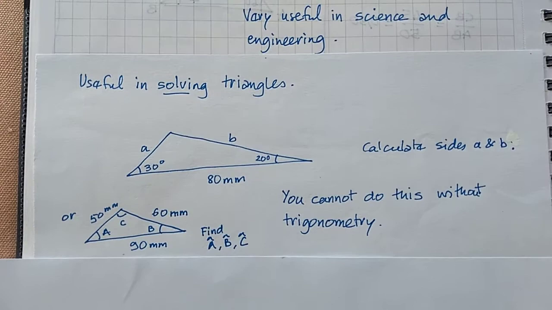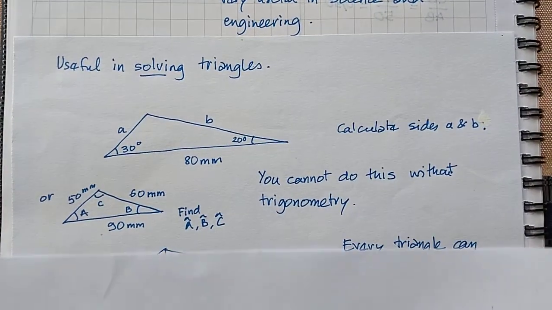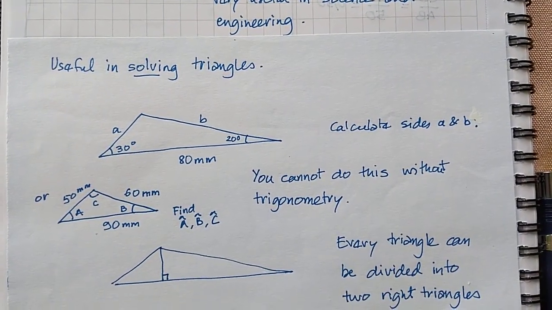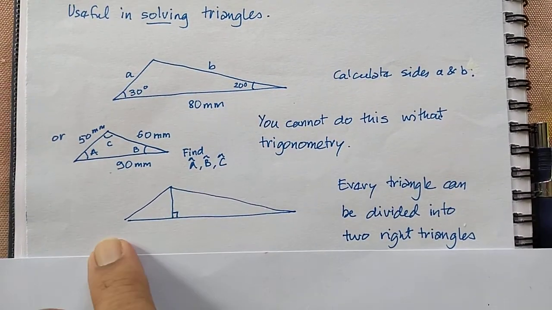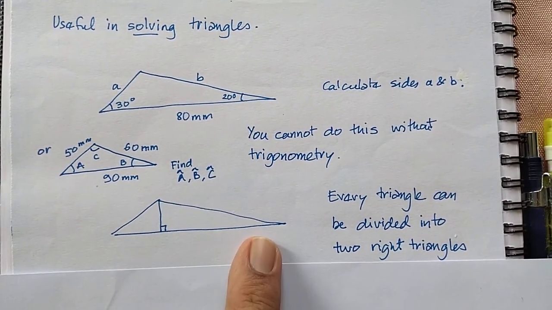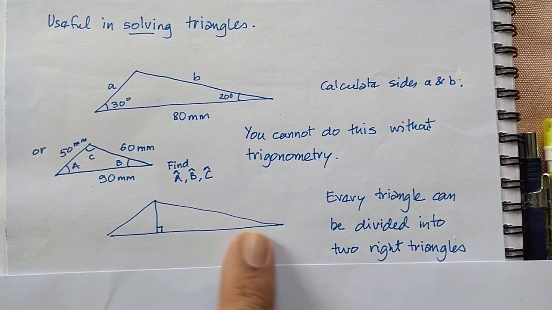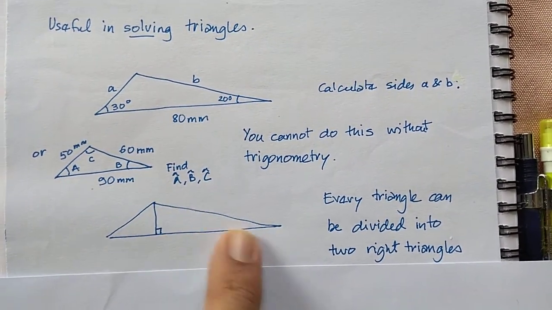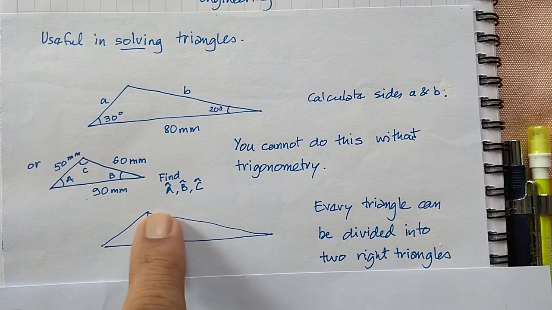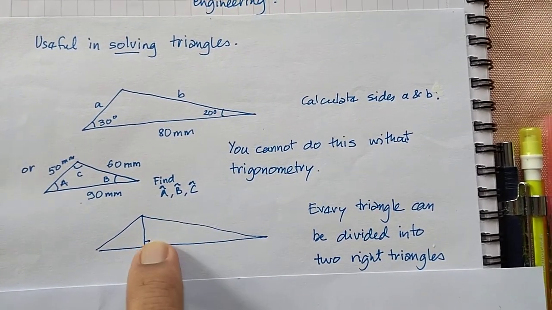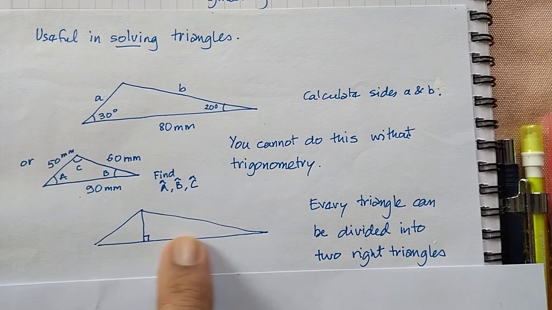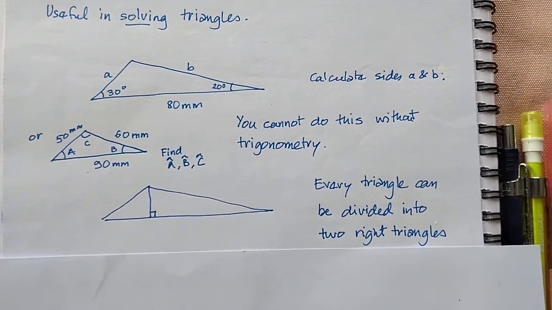Okay. So, the reason for using right triangles, triangle rectangle, is if you take any triangle, as I said in the last video, you can always divide it into two right triangles and then you can solve each right triangle, then add up and get the whole triangle. Okay, so